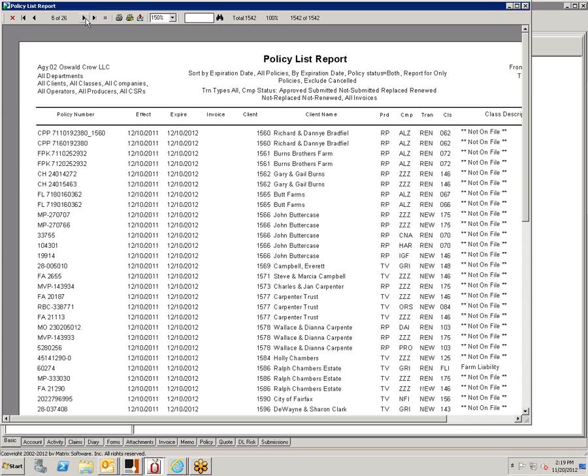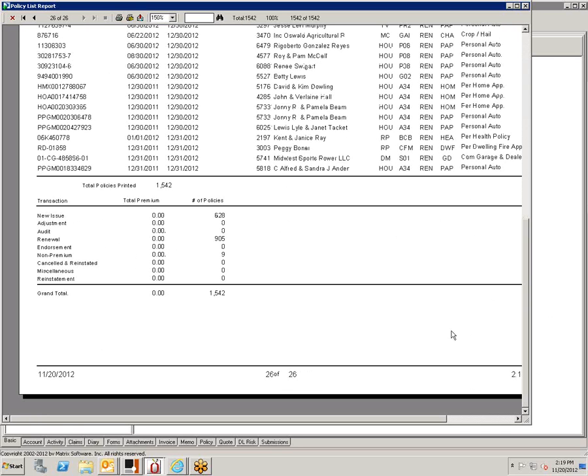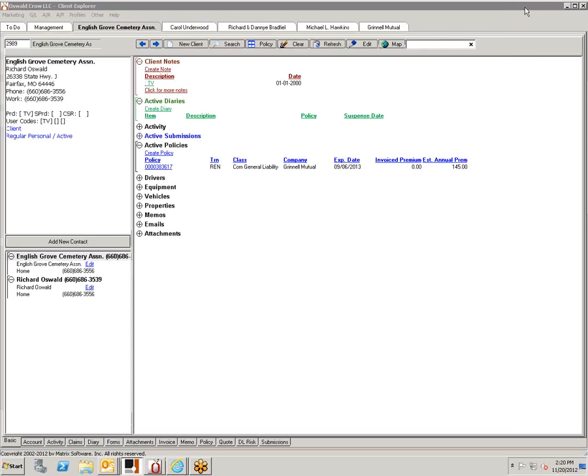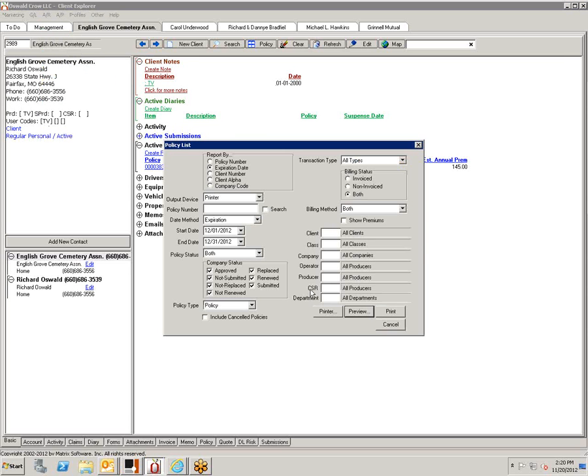Would you have that many renewals? Well, I don't know off the top of my head. I don't think so. I think that's quite a few more. But you're picking up more agencies than I'm used to. Yeah, this is 1,500 just for the month of December. So I'll have to look at it because I have absolutely no idea. You might want to pare it down.